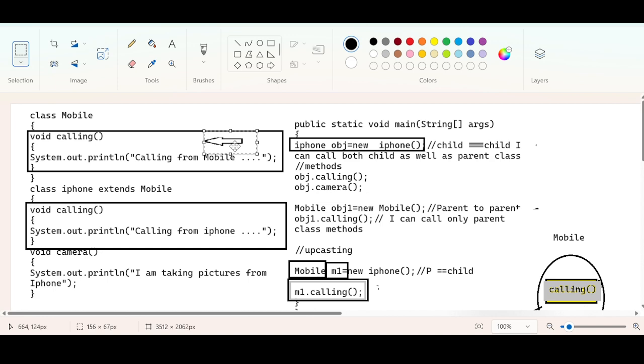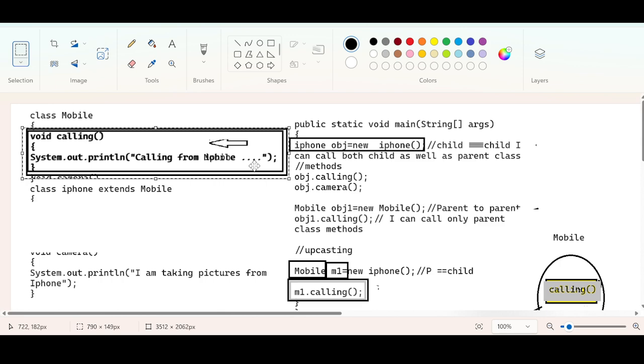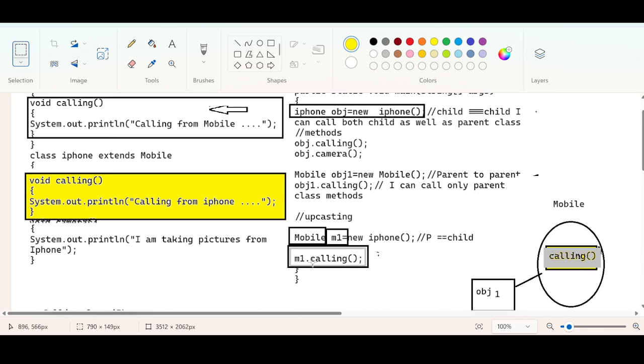But what is happening here, because of the upcasting concept, if there is any calling method in the subclass or the child class, it will replace this calling method. Are you getting this? To understand this better, now we are doing m1 dot calling.